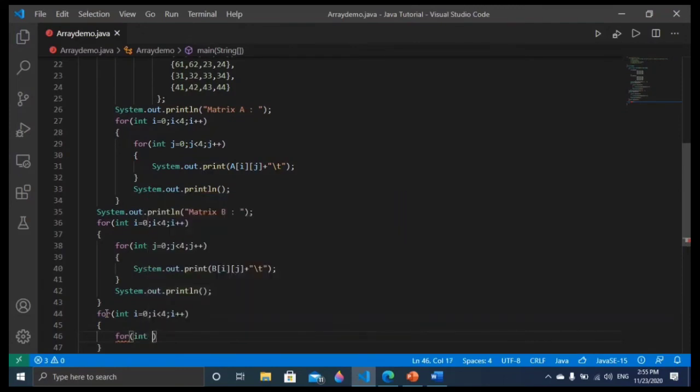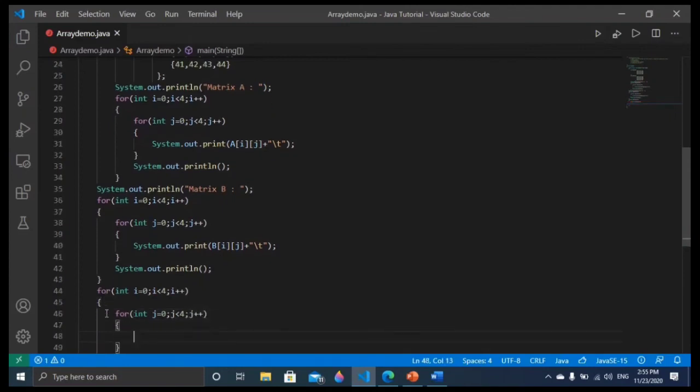So int j is equal to 0 and j less than 4, j plus plus.